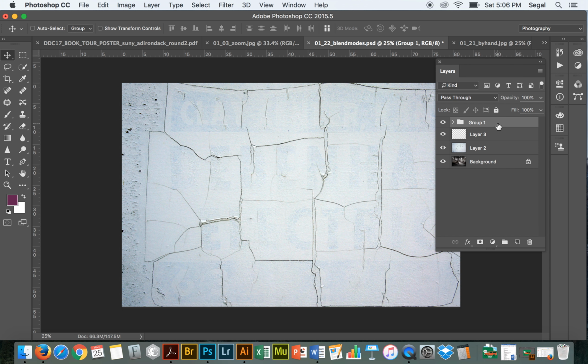Now, with that also, what I can do, and I can do this with one layer or multiple layers when they're selected, okay, is I can even hit Command by itself and then my bracket keys. And I can push that layer down with Command with my left bracket and up with Command with my right bracket. If I held 2 layers